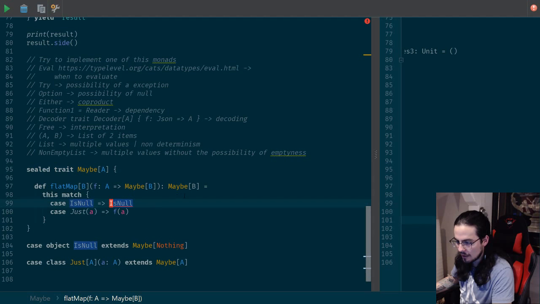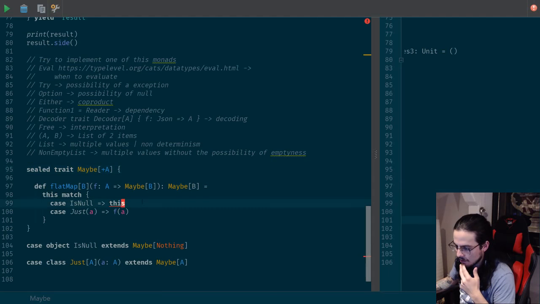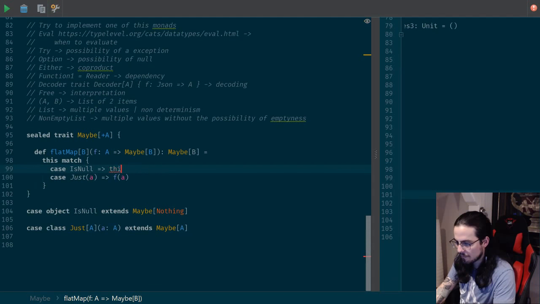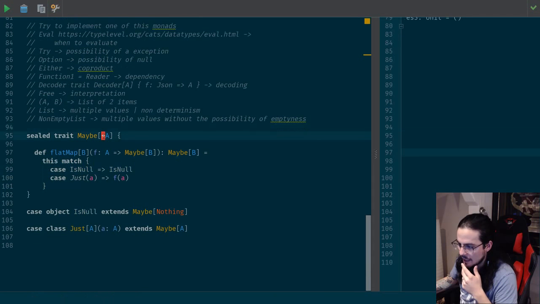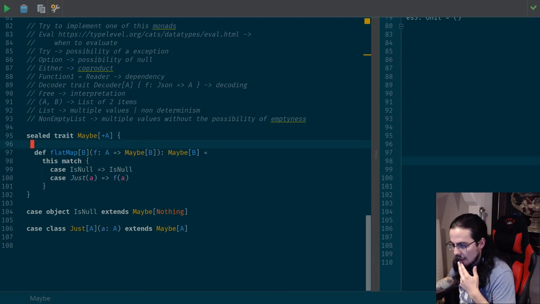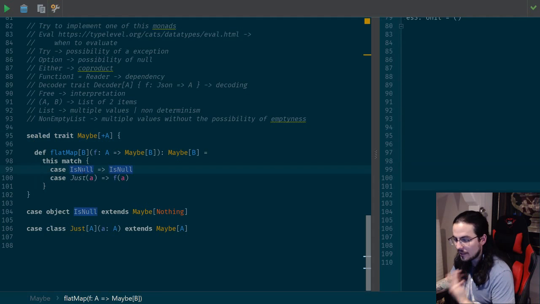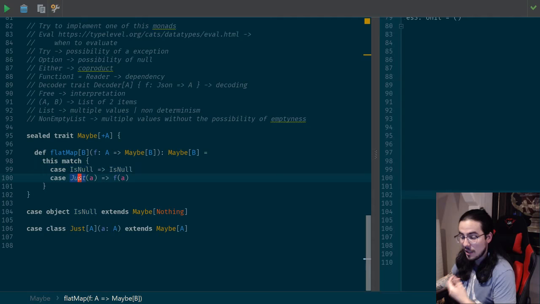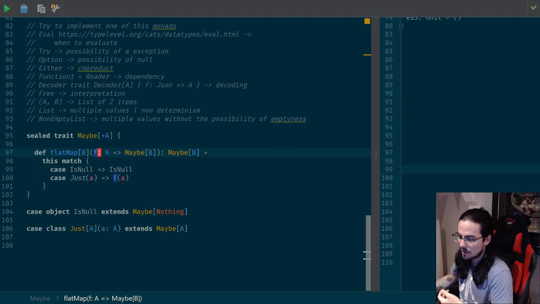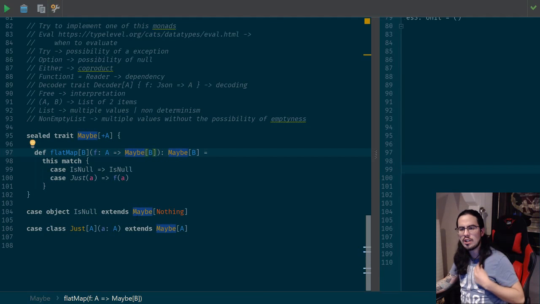And okay, we will need to use the magic of Scala's covariance for this one. But I can explain covariance in another one. But anyway, if this Maybe is null, then there's no value to apply to F. So we need to return IsNull. And if we have an A, then we do have a value to apply to F, right? Which actually